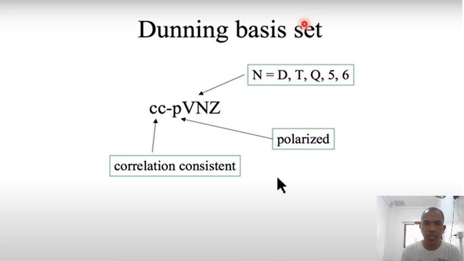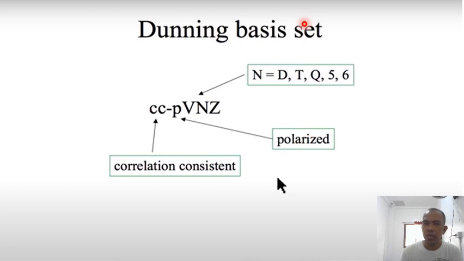That means Dunning optimized the contraction coefficients and exponents for correlated calculations as well as Hartree-Fock calculations. The p means polarization functions. They follow the scheme that I just alluded to, namely every time